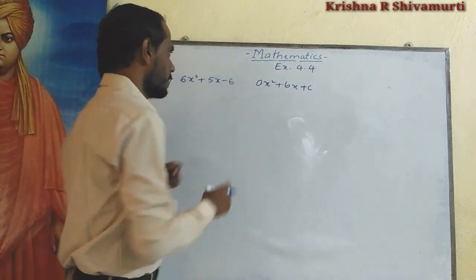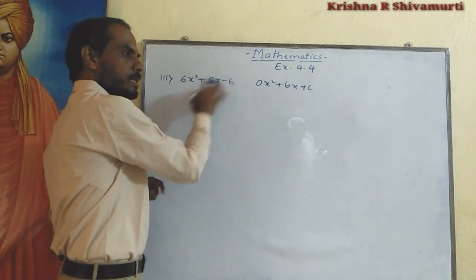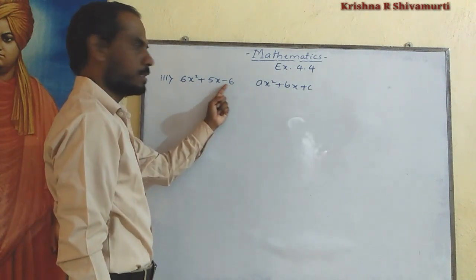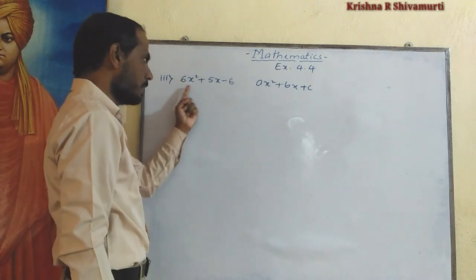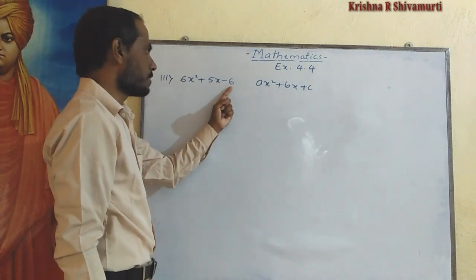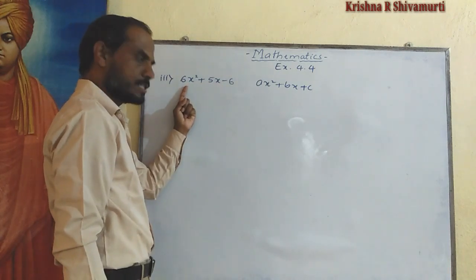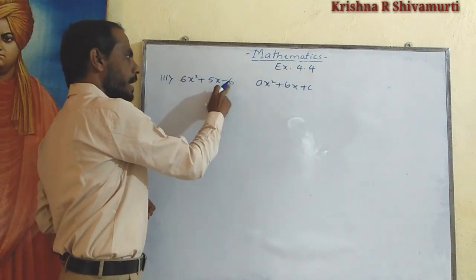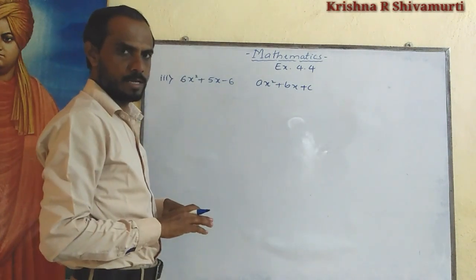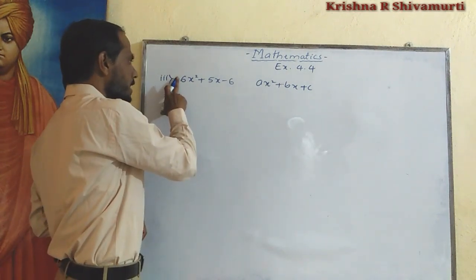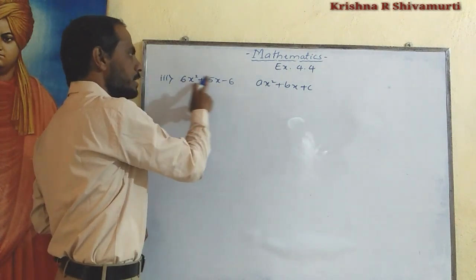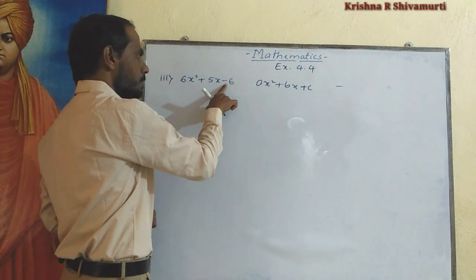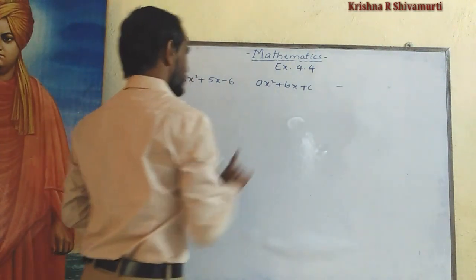After that, what is the next step? Yes, it is already given in the standard form. Next, take the first term and the last term, the term with exponent power 2 and the constant term. That means ax square and the c term: multiply 6x square and minus 6, with the sign. Firstly I will multiply the sign. Plus into minus is minus.